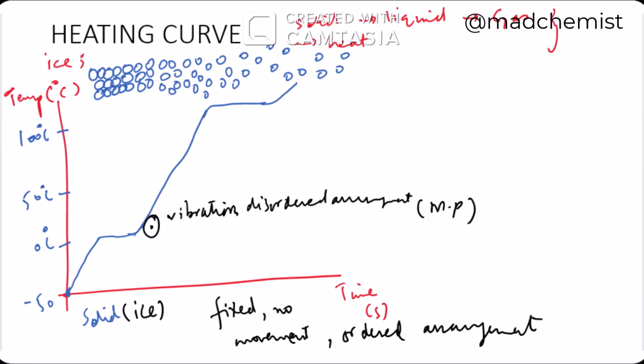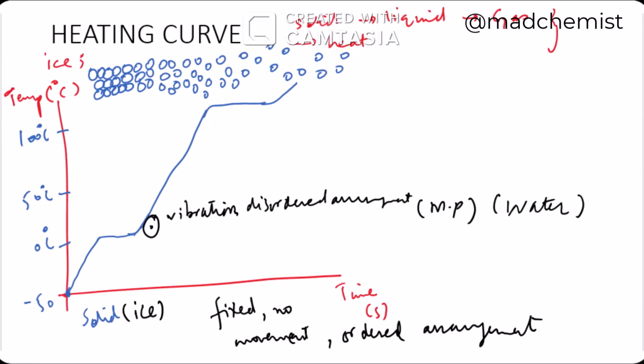While we continuously provide heat, as this graph shows, the temperature is being increased continuously with the passage of time. Slowly the temperature is increased, and all the way this solid is converted into a complete liquid form, that is water. So all the way, this water is being converted into